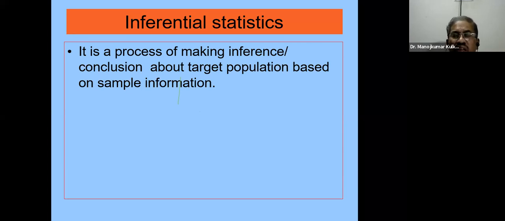Only voters of a particular party, or who are favoring a particular party, are included. Because of that, we don't get the correct answer. So this is the first and important requirement: random sample. If you collect the data using purposive sampling, you cannot conduct testing of hypothesis and generalization. The latest trend is that, for easy data collection, researchers are going for purposive sampling. Purposive sampling is used only for exploration.